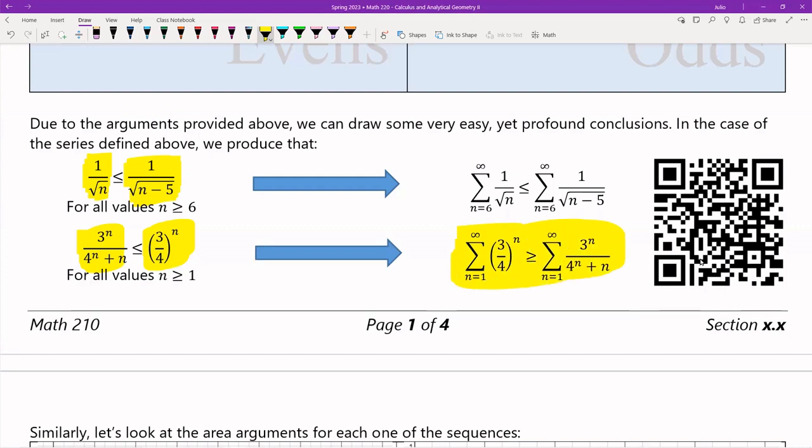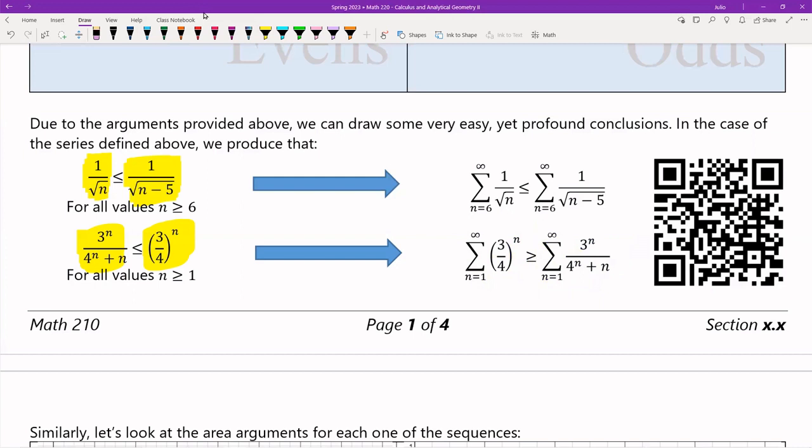If we grab all the terms from the bigger series and add those up, the whole series is going to have to be bigger than this new one that I gave you, this one. All we're doing is comparing terms, and then since the terms are bigger, smaller, whatever it may be,